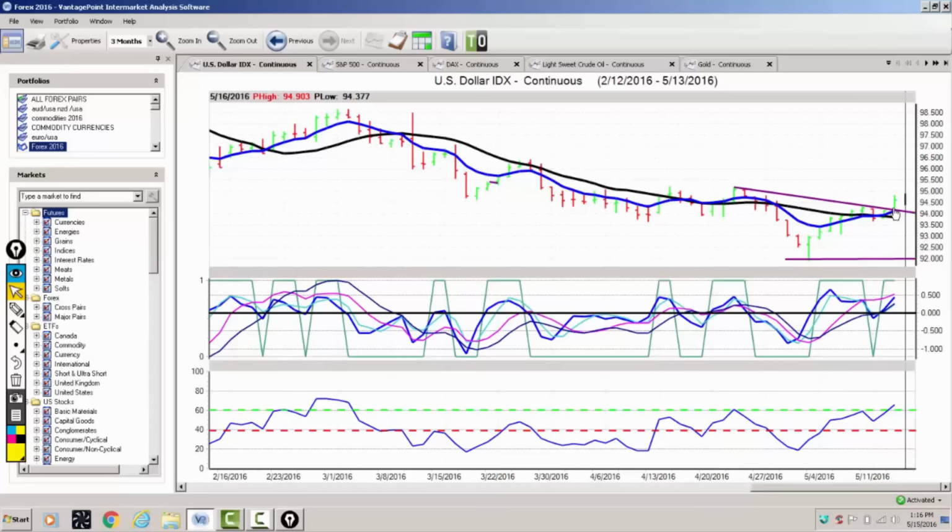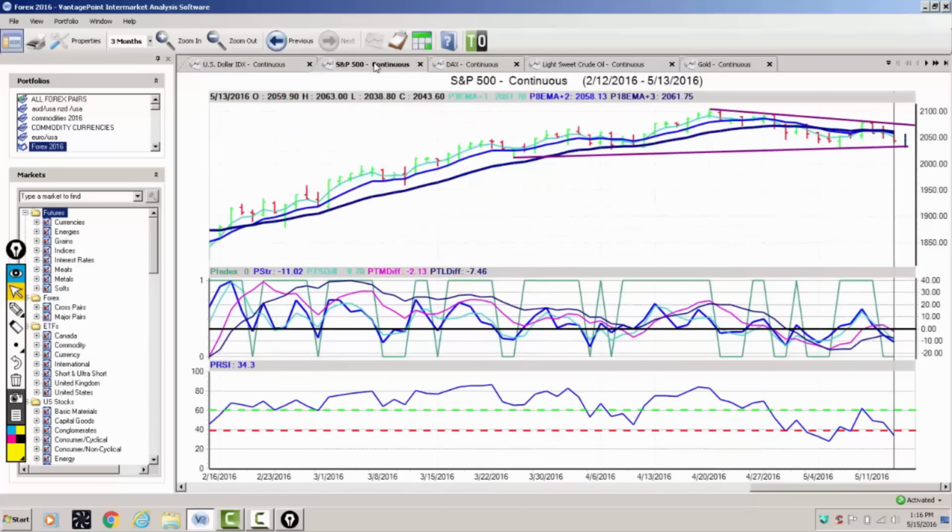My issue that I have with this is that I felt that the dollar was maybe a little bit overbought on Friday, and we're going to have a corrective move lower. But the key thing is we want to hold above that 94 level, which is consistent with that VantagePoint 18-day predicted moving average. Now, a concern for a dollar rally here next week also is the current signal we have